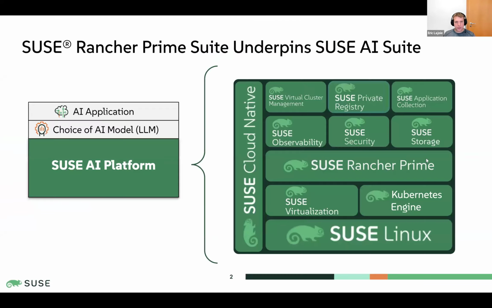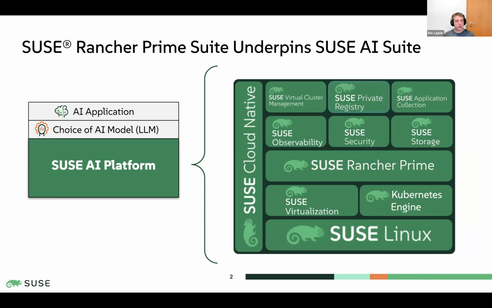The first thing I want to show you guys is what is SUSE AI and SUSE in general. When I talk with people, normally they'll say, "Oh, I know SUSE. They're a Linux company." It's the only Linux company I know founded out of Europe back in the 90s. They were founded in 1992 and basically started with Linux and then went from there.